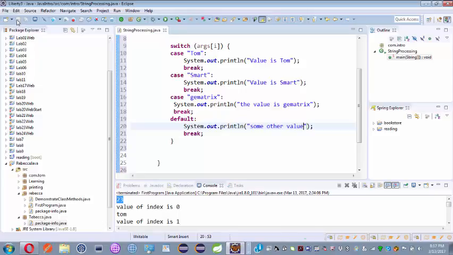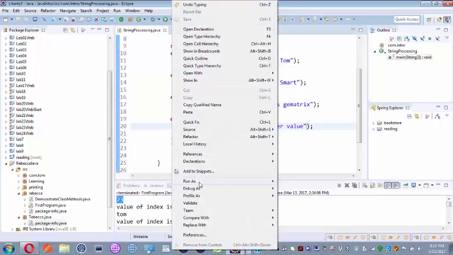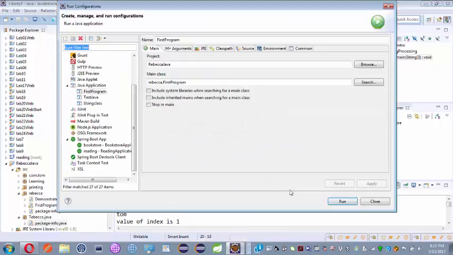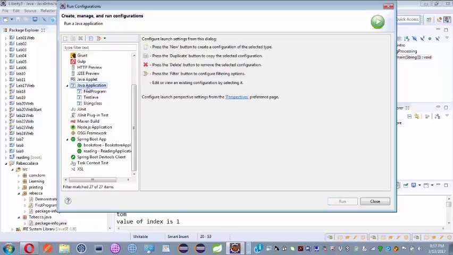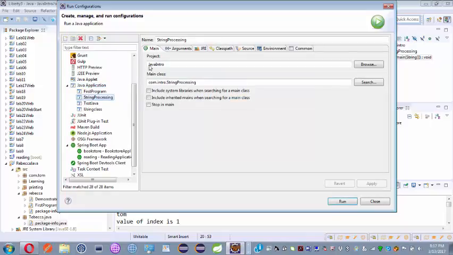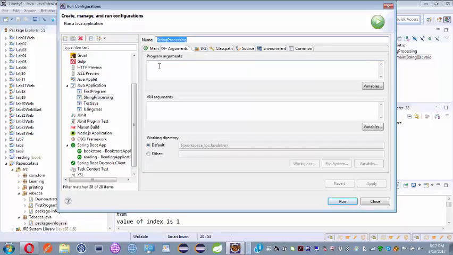Okay, I'm going to save this, and now I'm going to do my run as run configurations. Notice it's still pointing to a prior program. When that's the case, I click on Java Application and click up here, Launch New Configuration. That will launch my new program. I click on Arguments, and here's where I'll put in my values. So I'll put in Tom, space, geMatrix,